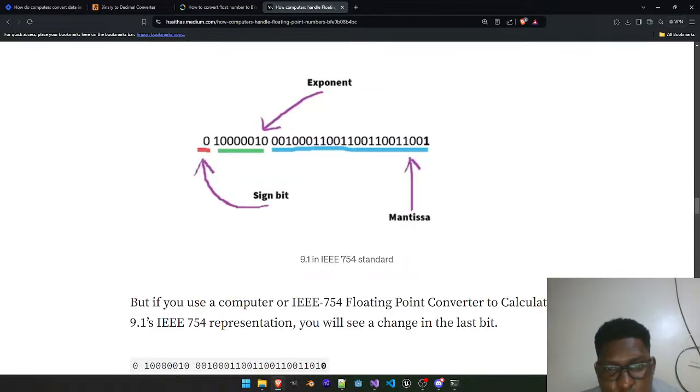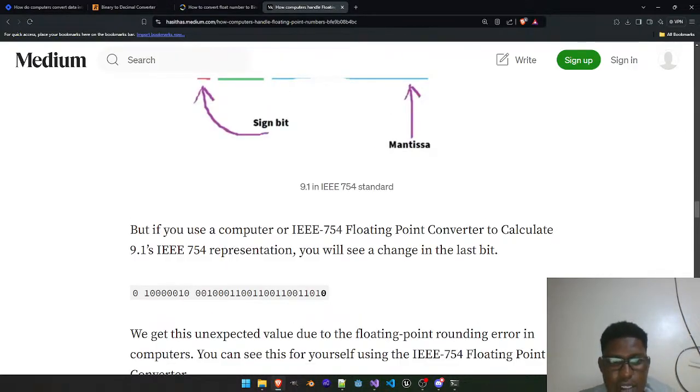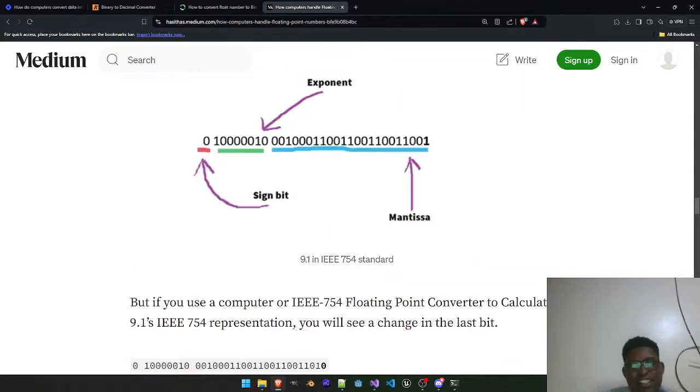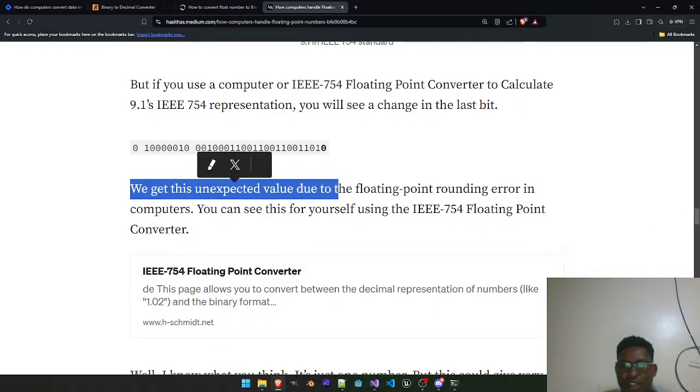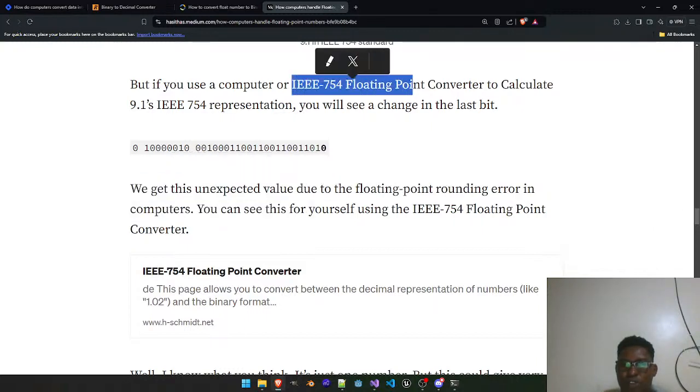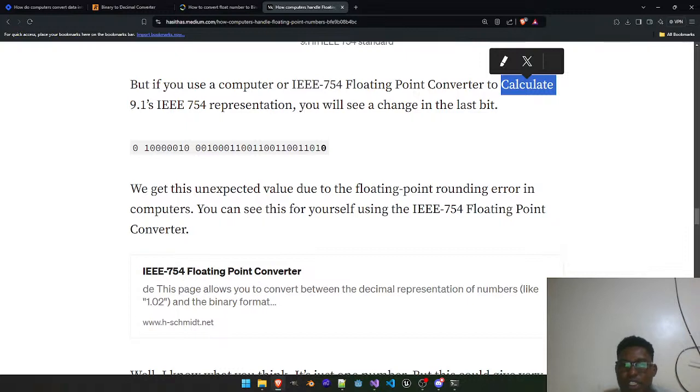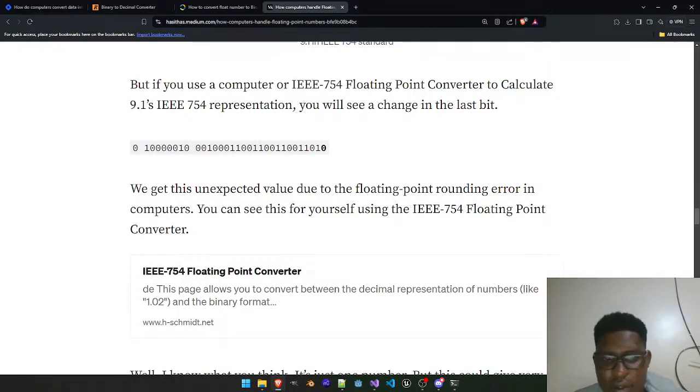So the whole of this should be 32 bits. I guess at the end of the day, first of all, this standard format is kind of genius. I like it. However, it doesn't solve all the problems when it comes to calculating. So we get this unexpected value. But if you use a computer floating point converter to calculate this representation, human readable